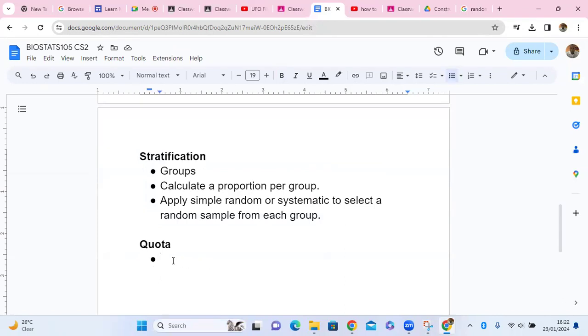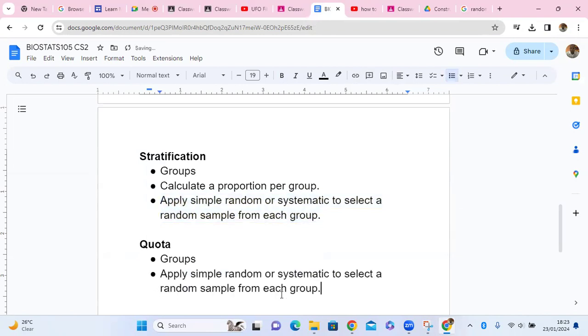It's not totally random, and you're going to see why. For quota, you must have groups. But what you're going to do, you're not going to calculate a proportion. You're going to apply simple random or systematic to select a fixed random sample size